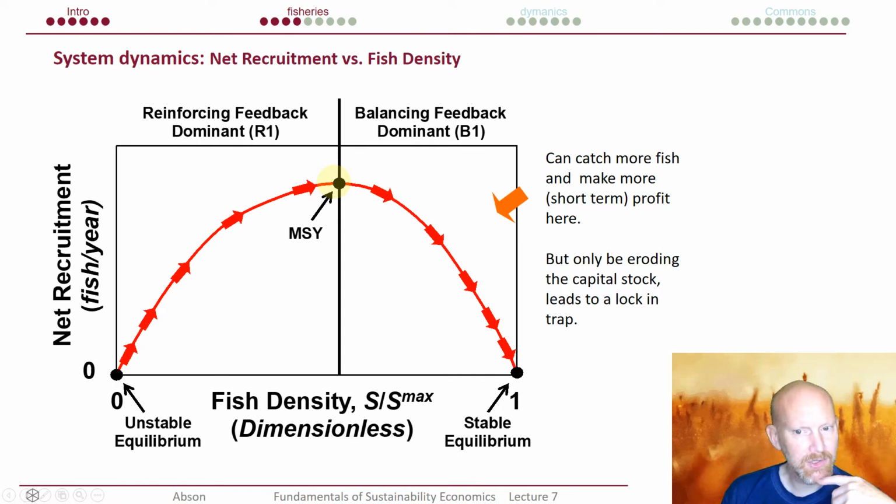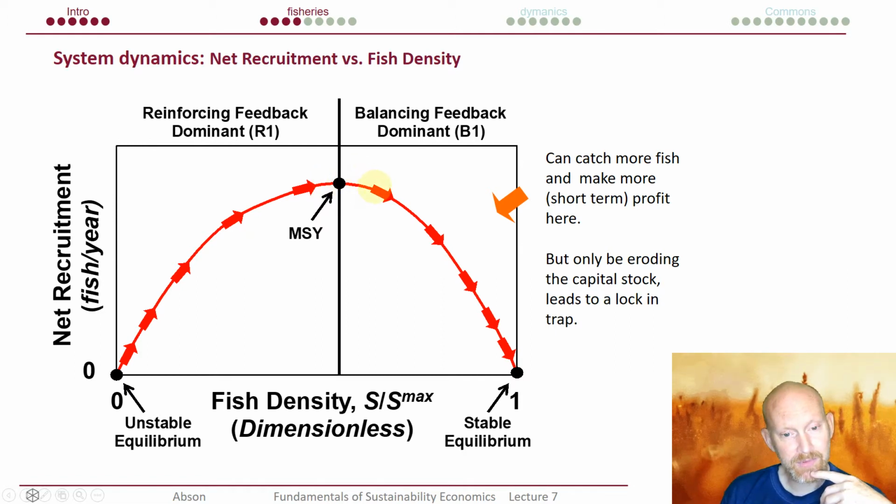The problem is you can catch more fish and make more short-term profit by moving beyond this point. Well, there's a number of problems. One is you don't necessarily know where this maximum sustainable yield point is. You need good information about the ecology of the system to know that. Also, the maximum sustainable yield is going to change year to year. Much as in the Fish Banks game, where you have the random variable of weather, there are random variations in fish stocks and other things impacting them. So what might be a sustainable yield in one year might not be in another year.